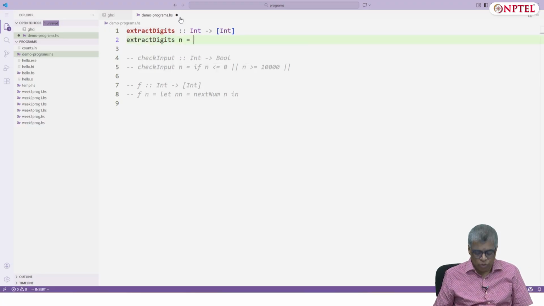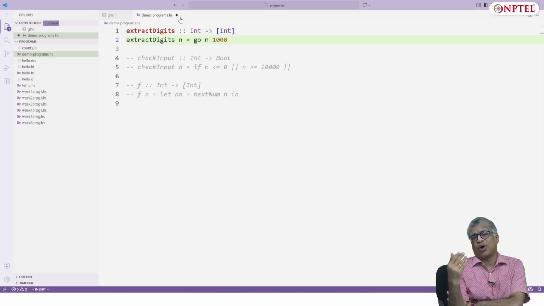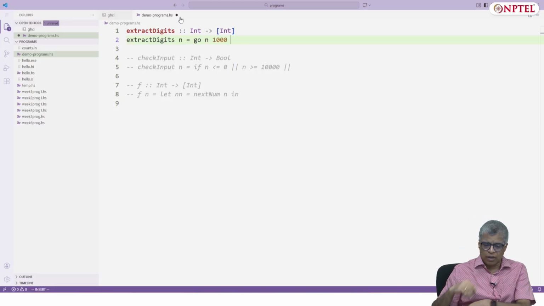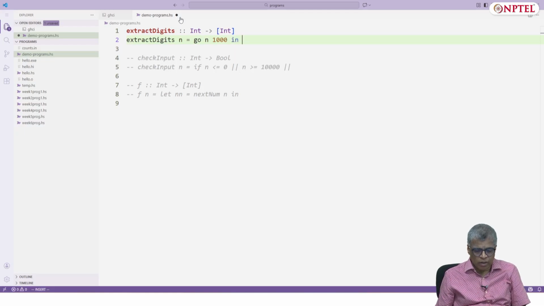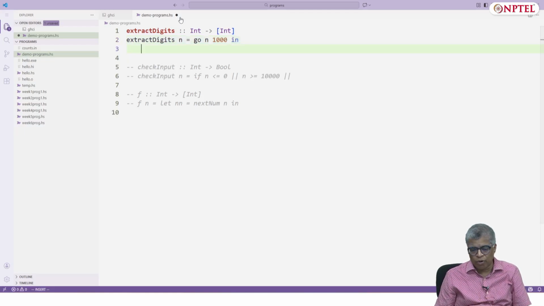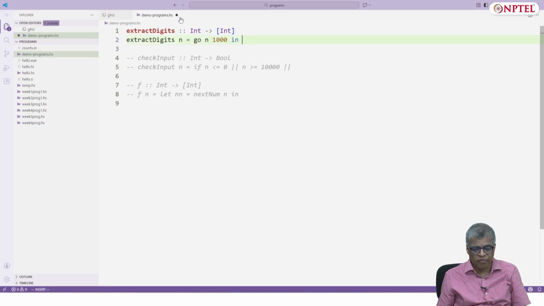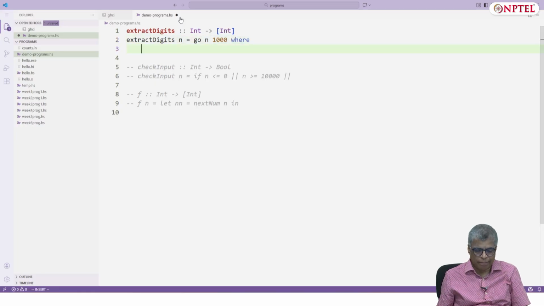Extract digits of n equals go n 1000. I'll have an auxiliary function where I have the original number and the divisor, let's define go, where m is my number and d is my divisor.